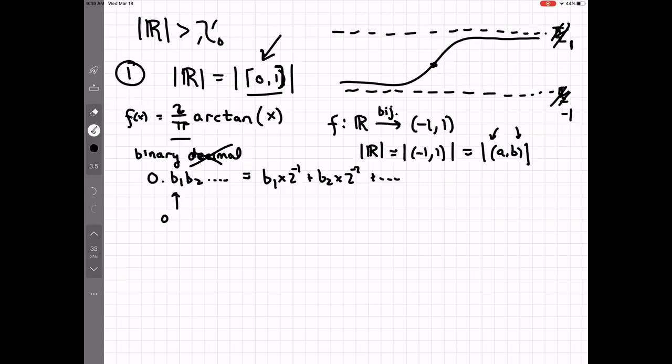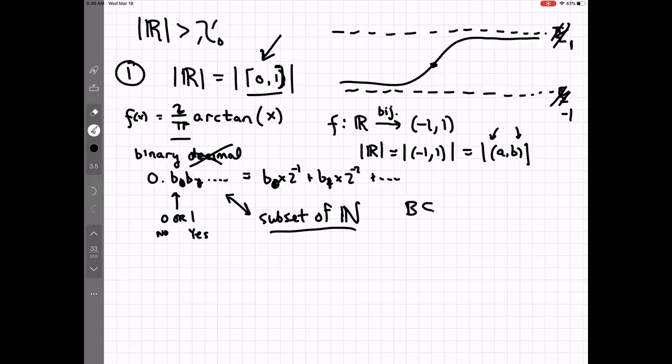Anyway, think of each digit, a 0 or a 1, as being a no or yes. Right? In fact, let's re-index these. So these are b sub 0, b sub 1, etc. And so you can see that this is picking out a subset of the natural numbers. And so if you have a subset of the natural numbers, you can take its characteristic function basically, and use the characteristic function as giving you